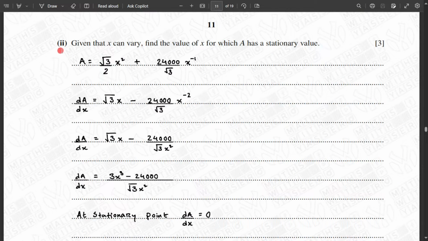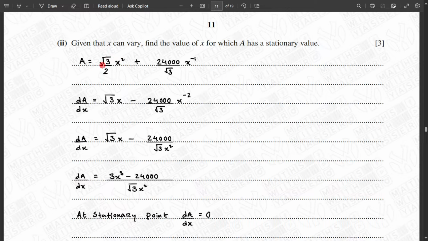Part 2 of the question says, given that x can vary, find the value of x for which A has a stationary value. So we found that A is root 3 over 2 x squared plus 24,000 over root 3 x to the power minus 1. Since we're talking about stationary value, that means we need to find dA by dx. We need to differentiate this equation. Upon differentiating, this will become,